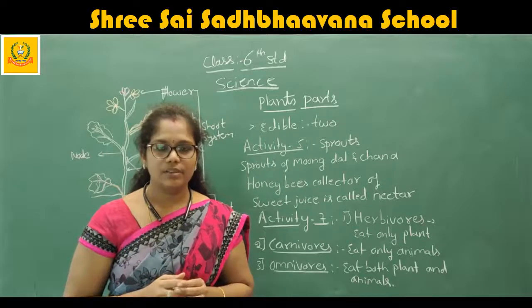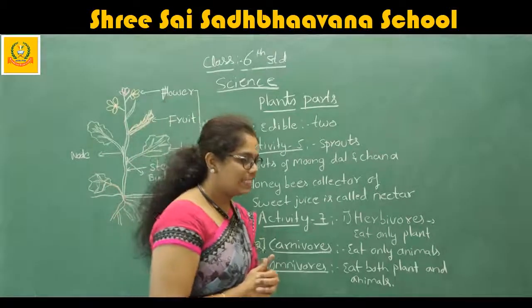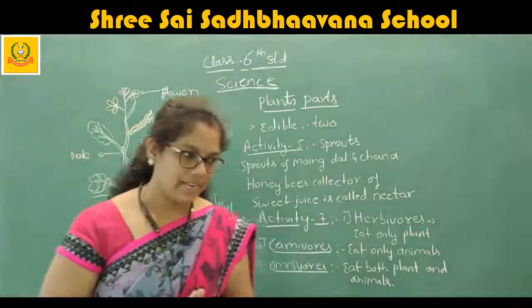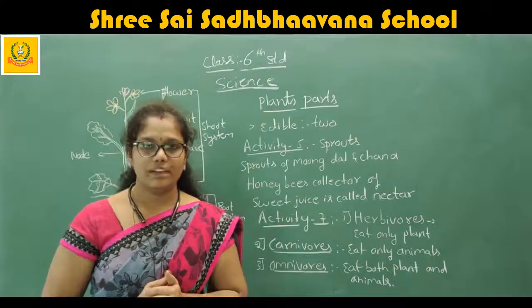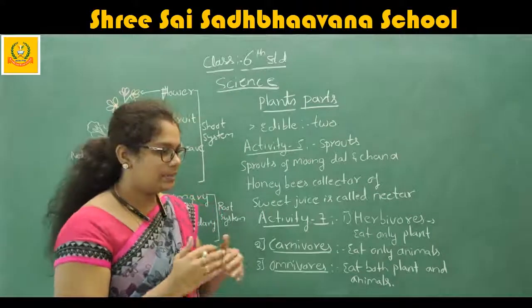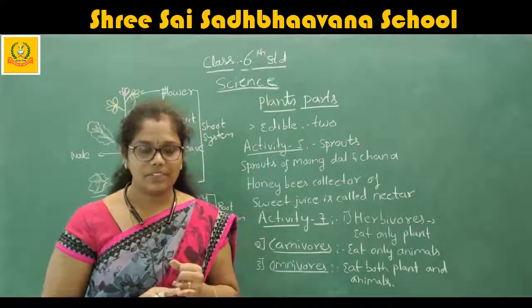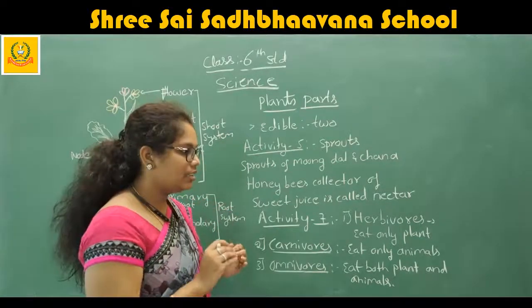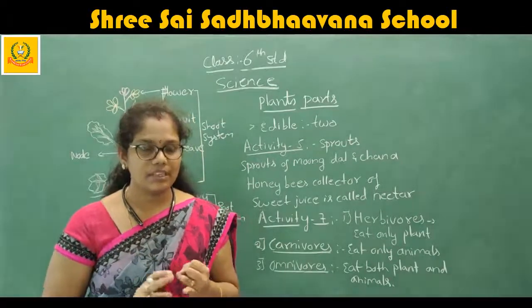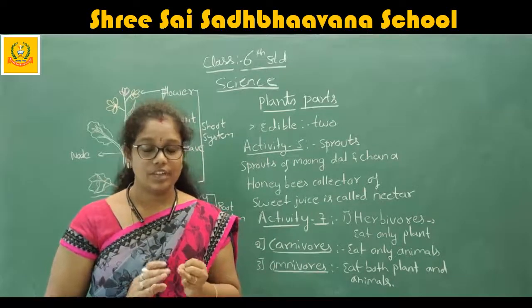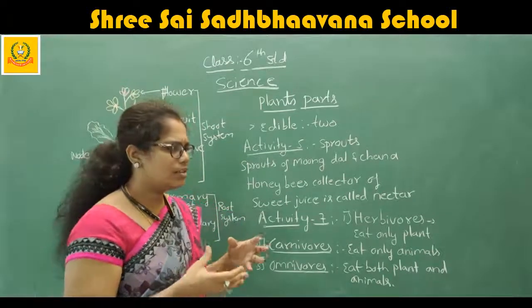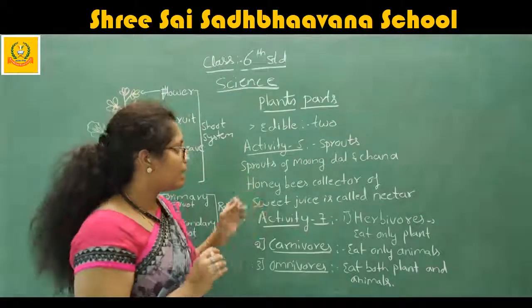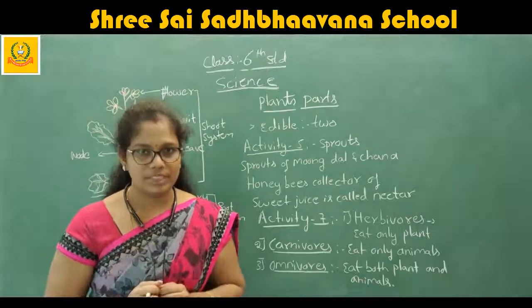Shall we take some examples now? Just take some examples of plants. If you take the banana plant, the first thing, the fruit, is very edible. That means we eat the fruit of banana. That fruit is also eaten by animals, and human beings also use it. And the stem of the banana also, we cook some food from that.